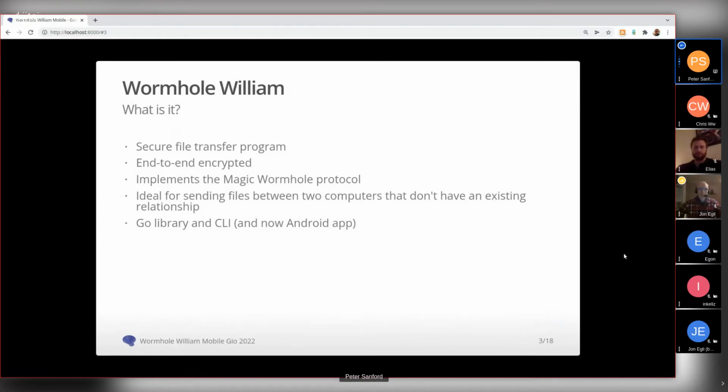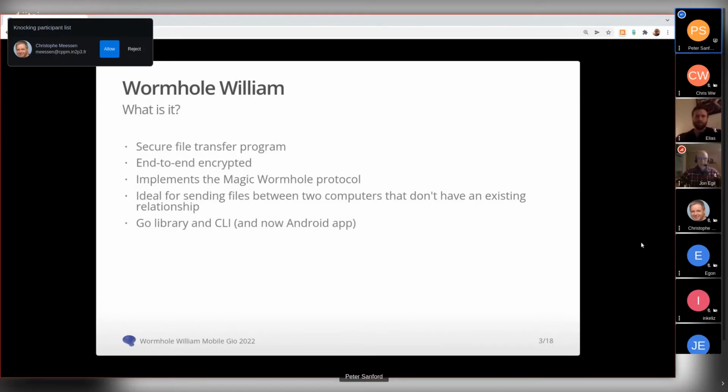And the Wormhole William project was initially designed to be a Go library and CLI, with the idea that other people could build their own UIs and integrate it into their own tools. And I made the CLI initially just to make sure that the library made sense.